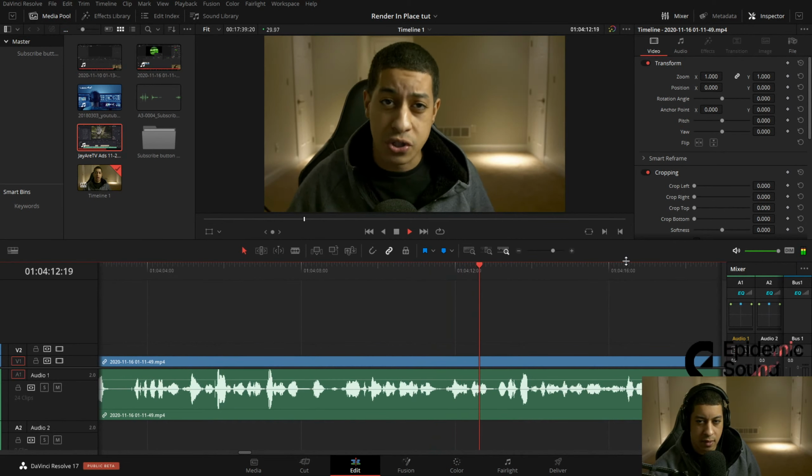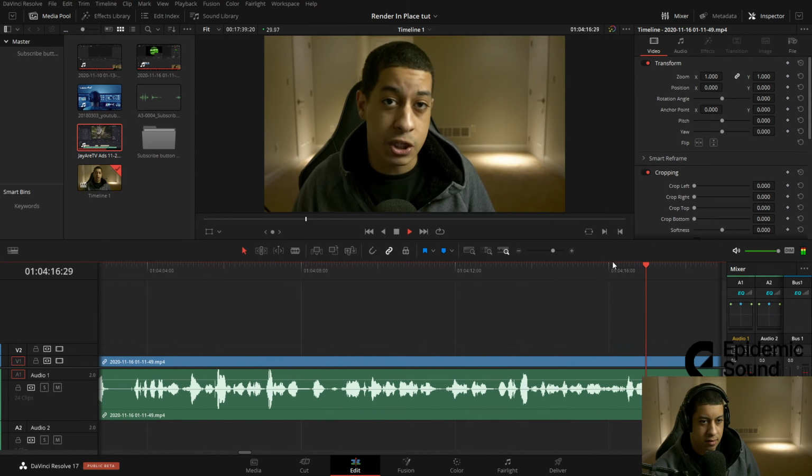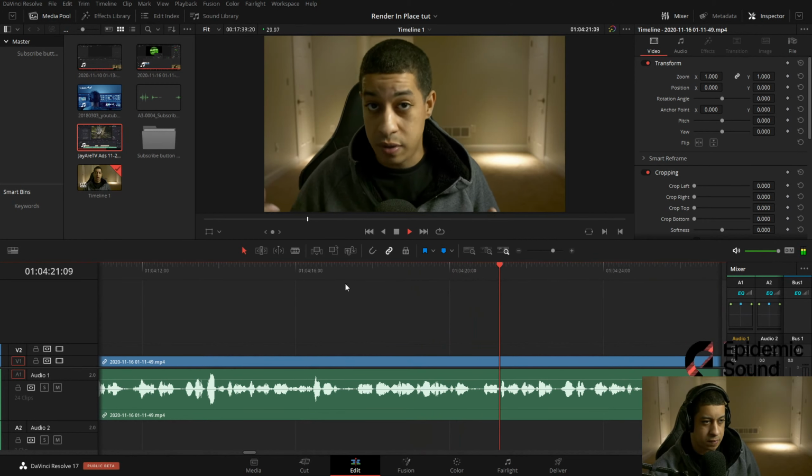cons of doing this, and then how you would also, let's say you have a raw file and you go into the color page, and you want to use the raw settings because when you did the